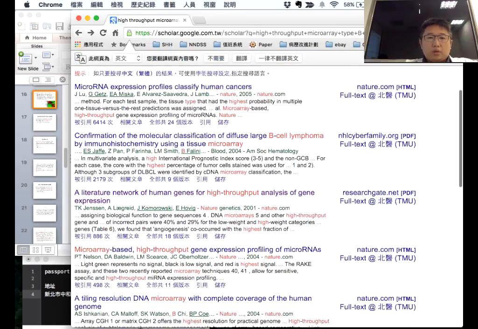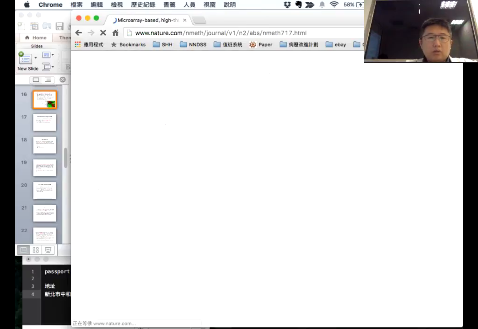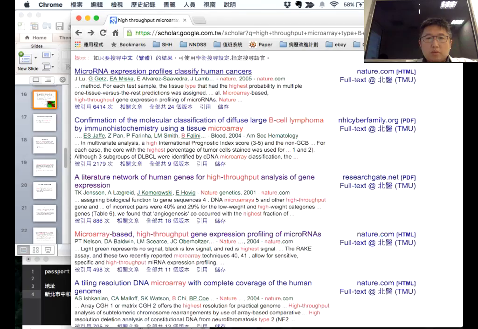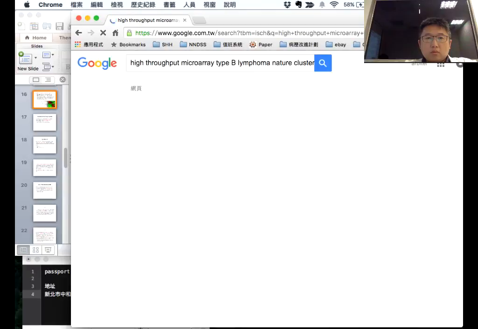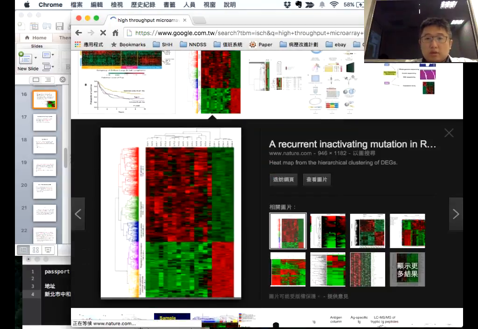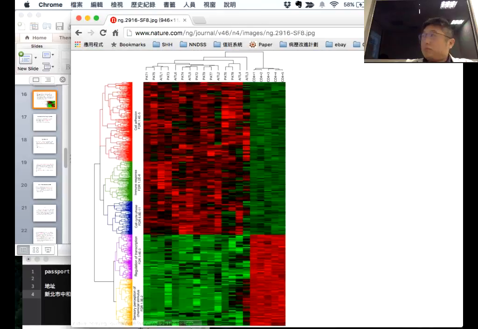I think later I will send out the paper. Let me check cluster. Yeah, you can see by clustering their microarray data, each row is a patient. So you can cluster their genetic profile into two groups like this, and these two groups